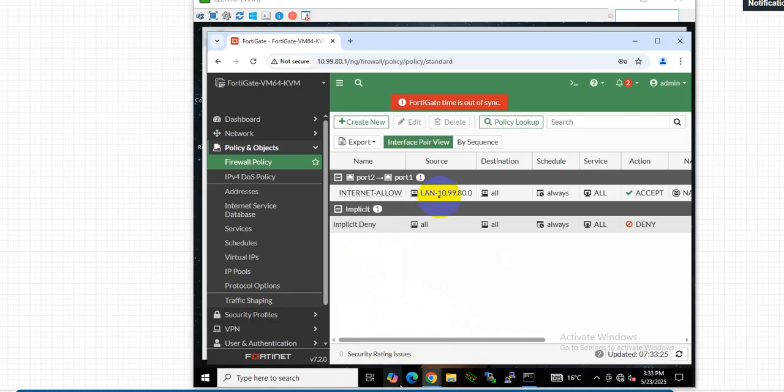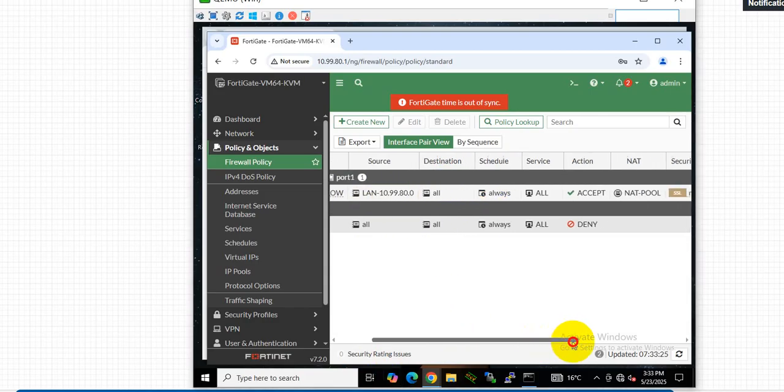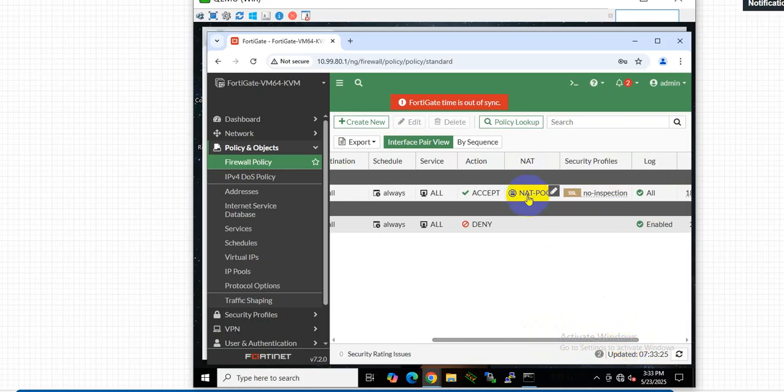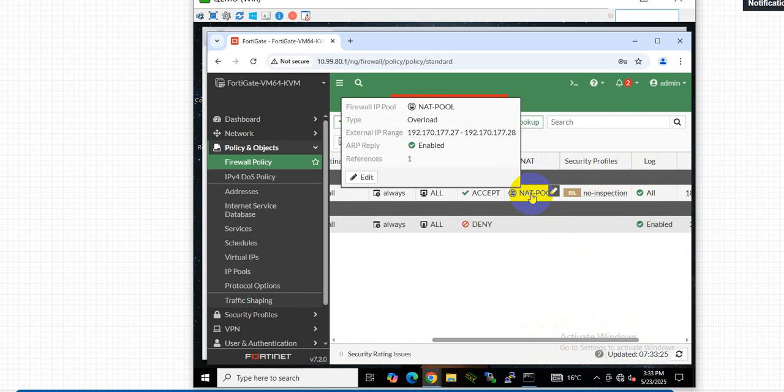Here the source address is my LAN block, which is 10.99.80.0/24, and the destination is all. The schedule is always, and I have allowed all the services. And here one thing I would like to mention, I have NATed my LAN IP. I have NATed it here with this block